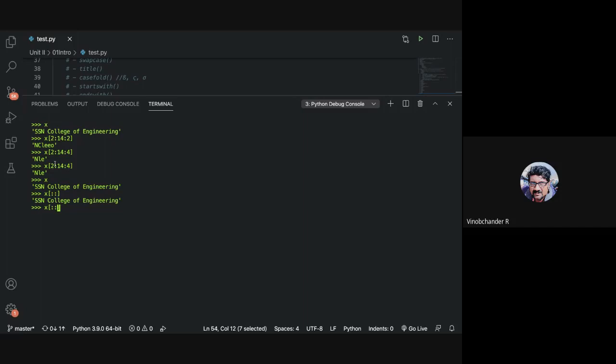Before we specify an offset here, let us make use of this single offset. Say 2 colon, say if I say -1 here.